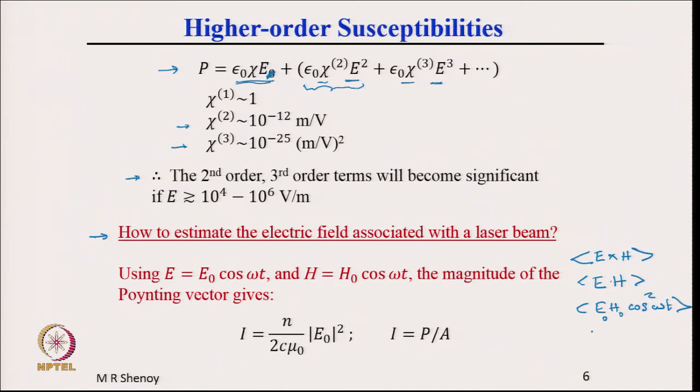The average cos square, so this is equal to half E 0 into H 0, because average of cos square omega t is half,